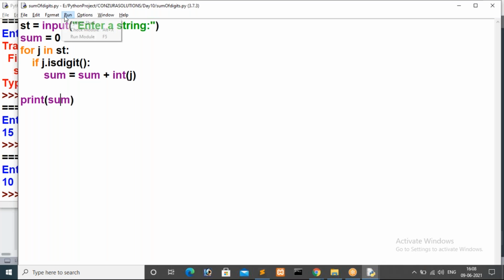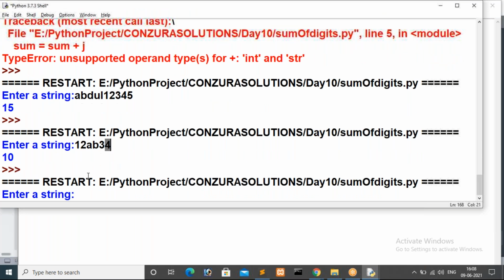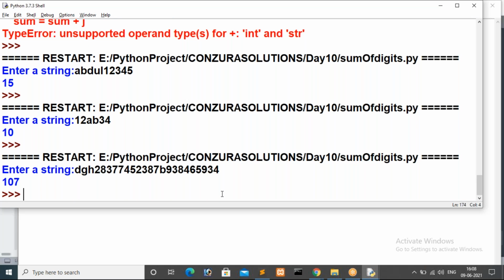So this program will support this also. Say suppose here I give many digits, 2837742387938465934. Now the sum of those digits is 107.